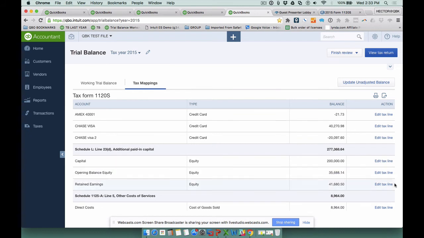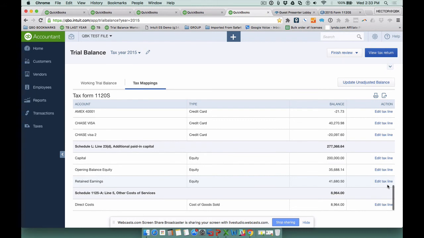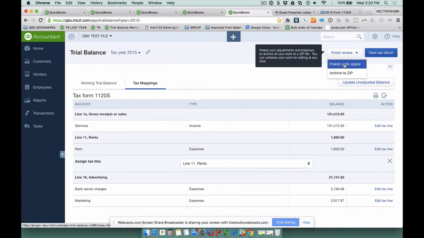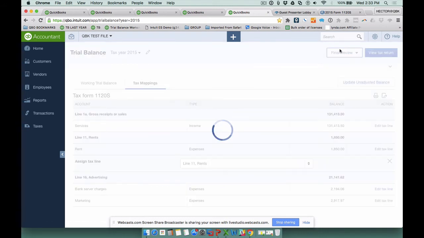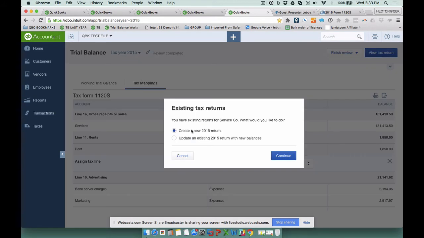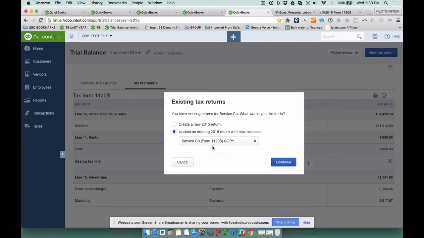So in this case, I actually mapped capital, retained earnings. I probably want to be careful with mapping these correctly or not. So after they're all mapped, I can freeze the workspace or finish the review. That way people can't mess with it. And then I'm going to go into view tax return, and then I can either create a new tax return into Tax Online, or I can update with the new balances. And actually, I was working on one, so I'm going to go ahead and click on the one that I was working on, hit continue,